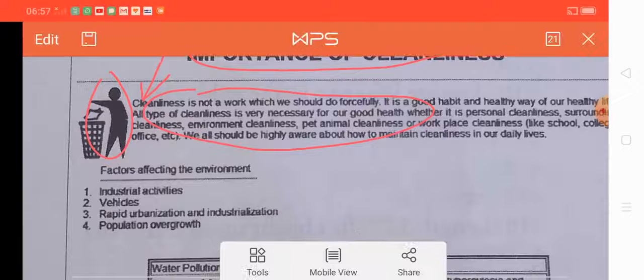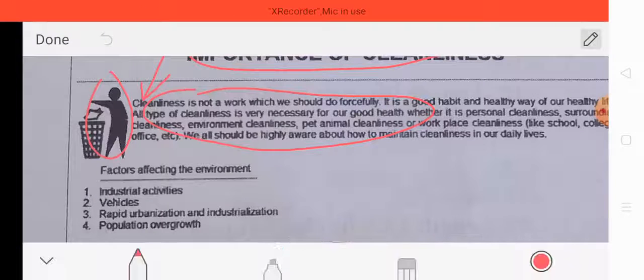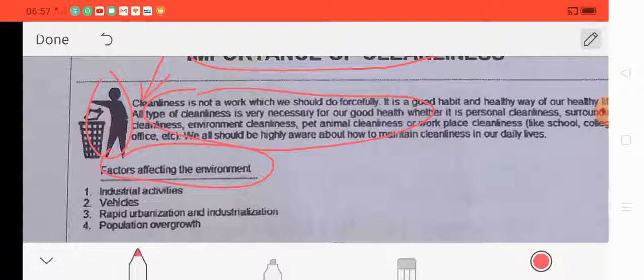After that, there is a list. There is a list, and the heading of the list is underlined, and that is not a link because it says "factors affecting the environment".